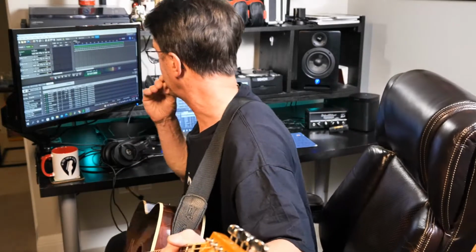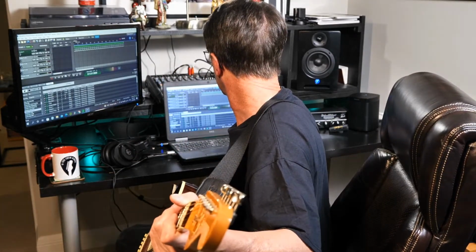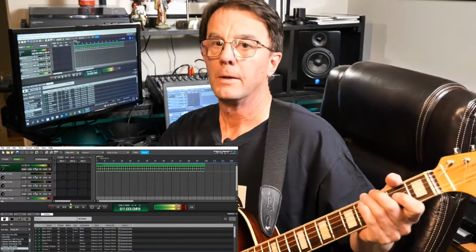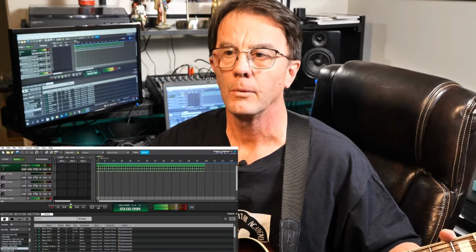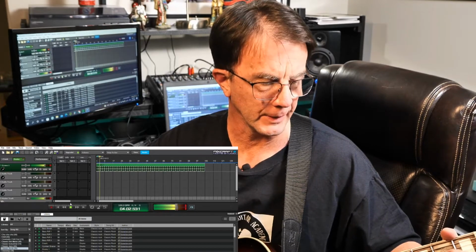So how do we arrange that? Well, the typical 1-4-5 would be G, C, and D. For our intro, we can do something like D, C, and G, some type of arrangement, and then go into E minor, and then resolve back to the G. But again, we have to do it along with the beat. So just turn it on. We'll figure something out. We can do like 1, 2, 3, 4, and